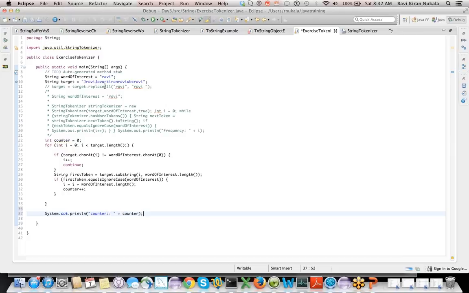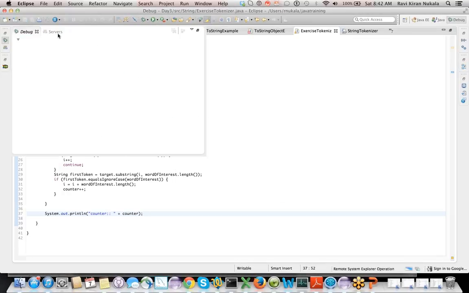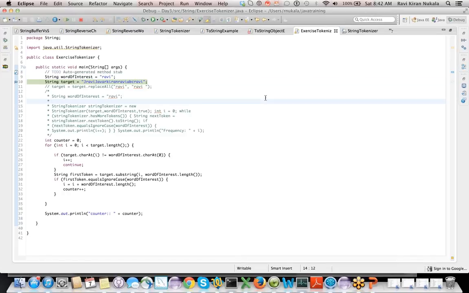Okay, so charAt of i is not the same as this one, so we ignored it, and then we went in here. We were looking at the substring, so it is matching. So we are looking at the next four words. Then what happens? It's the same.